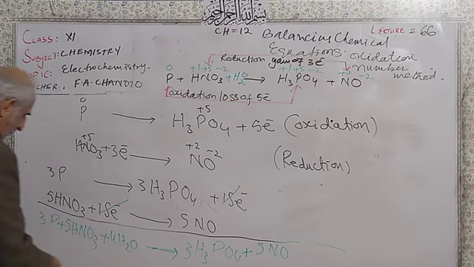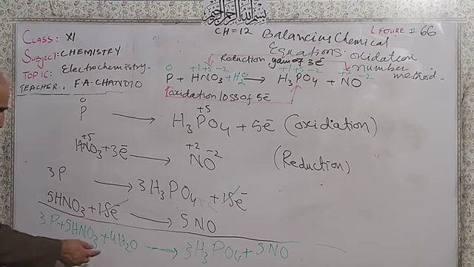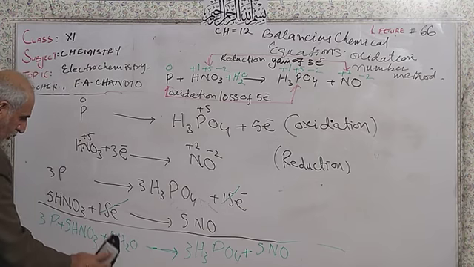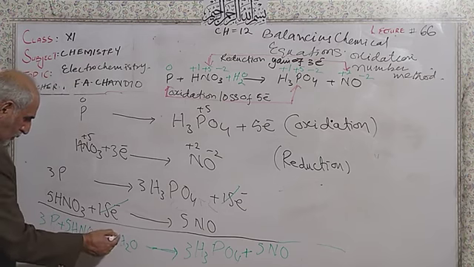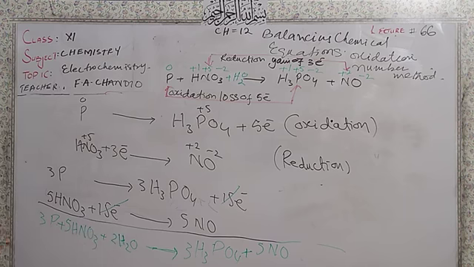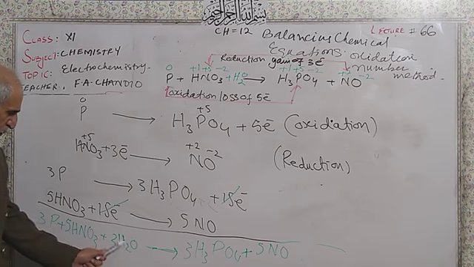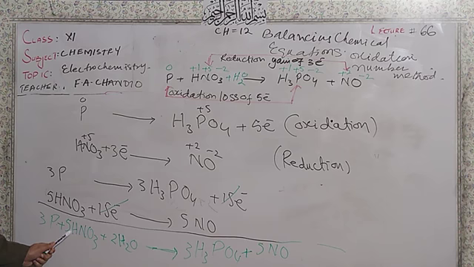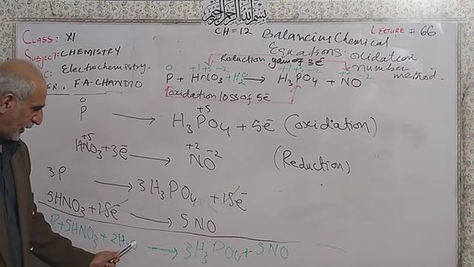Oxygen are 9. Hydrogen are 9 here, 5. So 5 hydrogen, 2 multiplied by 2, 4 and 5, 9, and oxygen 3, 5 are 15, plus 2, 17,